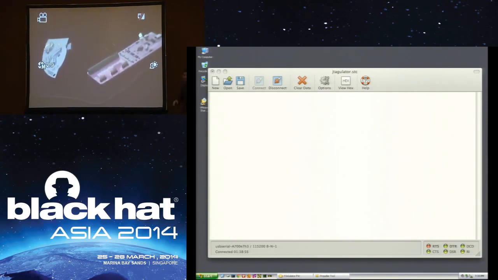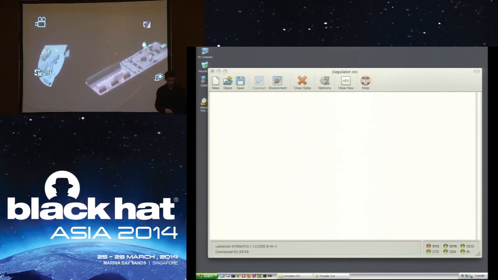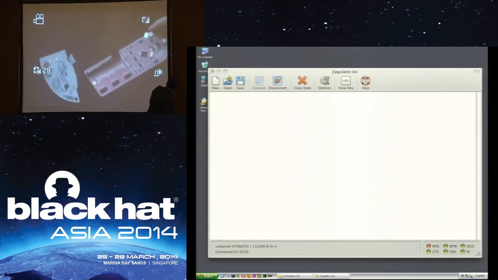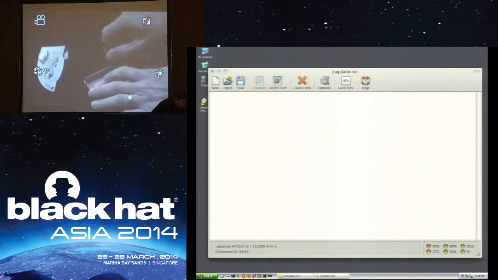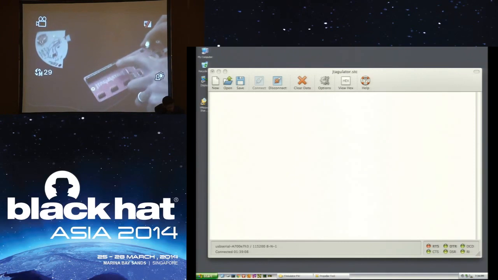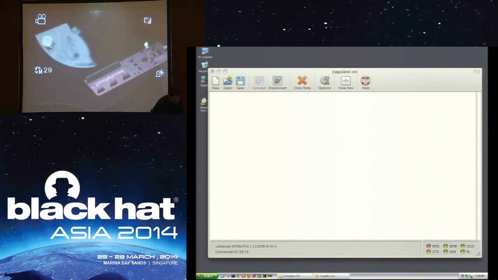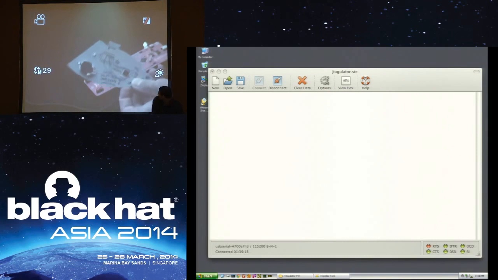Okay, it's a little bit fuzzy, but just so I don't have to hold things up. So here's the JTAGulator. What I have is I'm using the screw terminal blocks, and I put a little 5-pin header in here just for the first demo. I always like to make sure the demo is going to work before I start doing other demos. So I have a little 5-pin header here, and then I have a cable connected